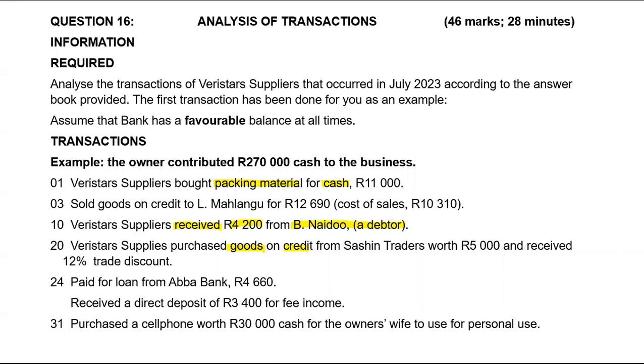We bought goods. Goods is trading stock. So trading stock is affected. It will increase because we're having more stock. It'll increase on the debit side. Do I credit bank? The answer is no, because we bought that stock on credit. We are basically going to credit creditors control. Creditors control, we are owing the people that we bought these goods from, guys. And whenever we owe other people,